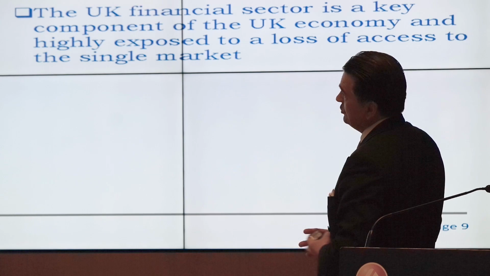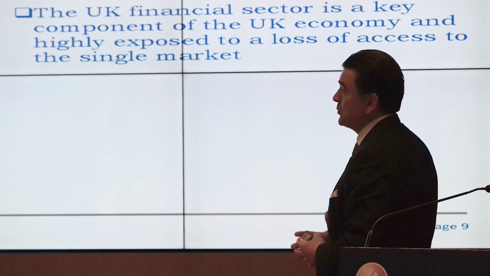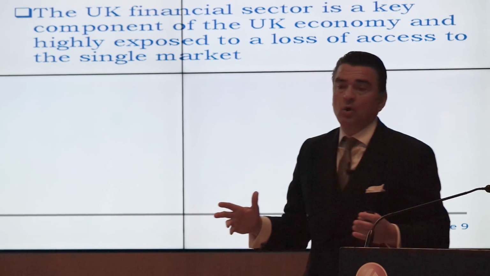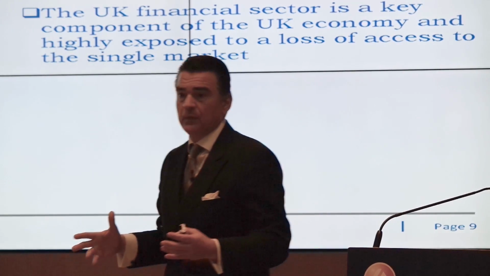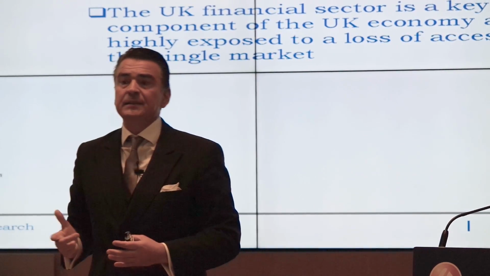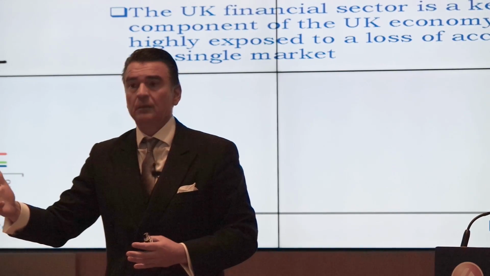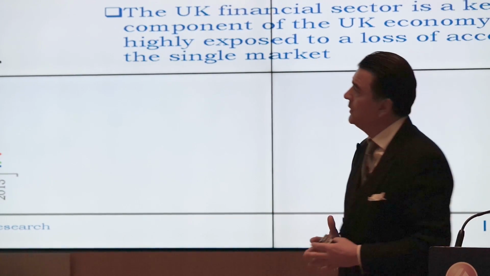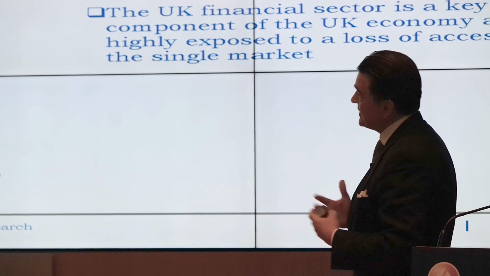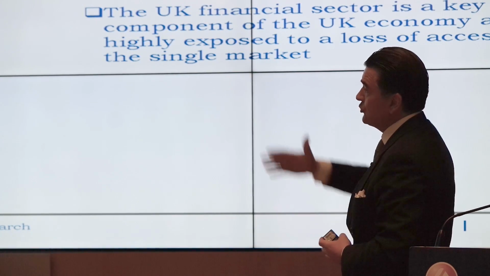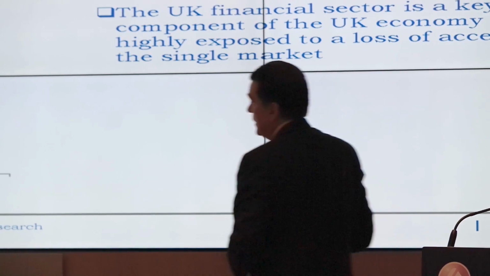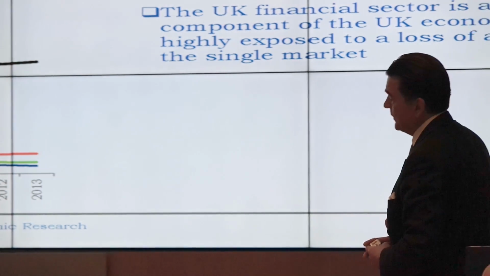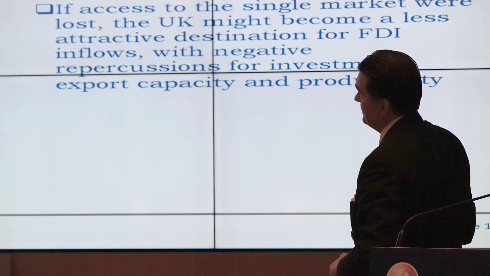In terms of the financial sector, as already mentioned, passporting is very important. Actually, if you look at the total assets of the UK financial system, the ratio of total assets to GDP is currently 830% of GDP. Actually, this is a figure based on 2014 data, which is very important. The UK financial sector has grown quite significantly in recent years, and exports of financial services as a percentage of GDP are way above the rest of the European 27 countries.